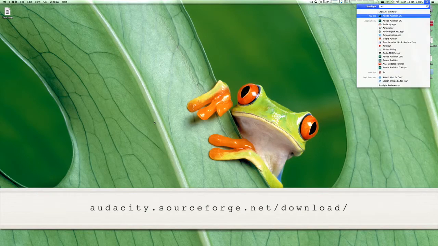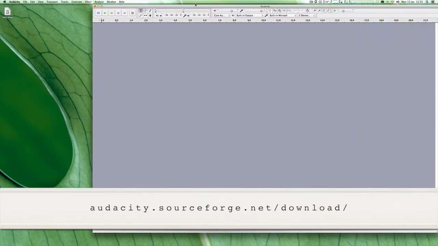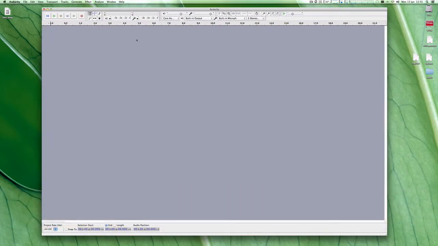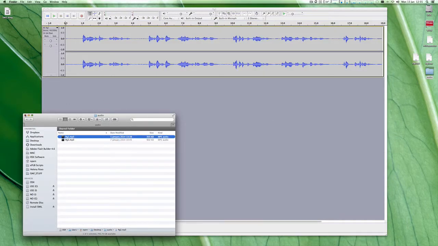Now if I start Audacity, typically you may or may not have a mic. Hopefully you have a decent quality mic so that you can produce a good sound quality. But you hit the record button here, you'd read out page 2, for example, text, which is the Shakespeare text, and create a sound file. Now I already have such a sound file, so I'm just going to drop it into the system,